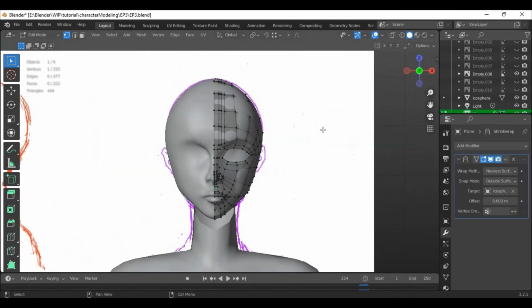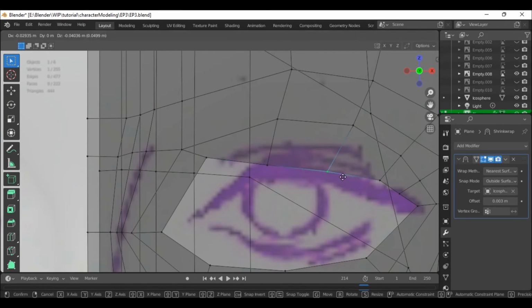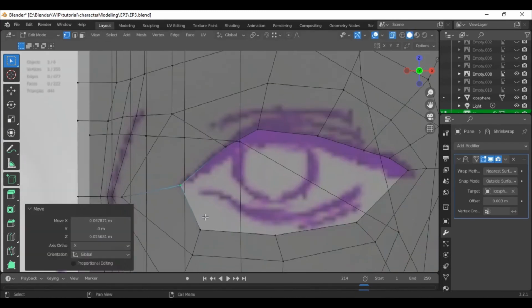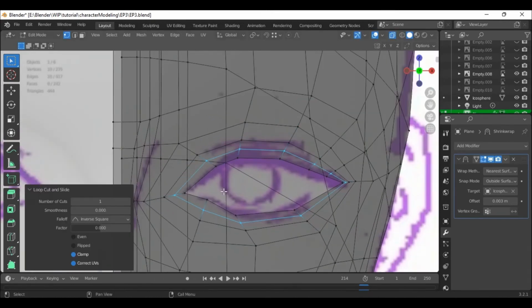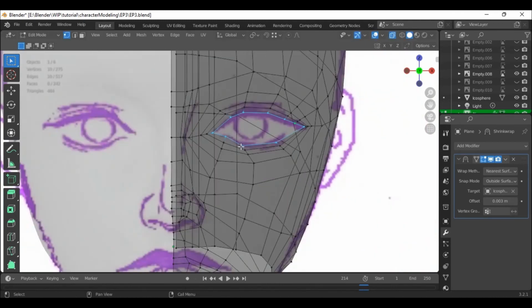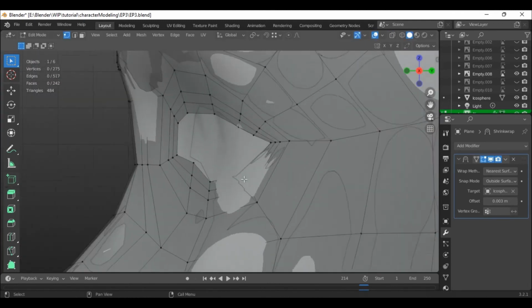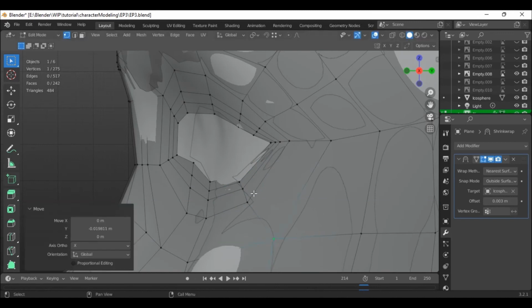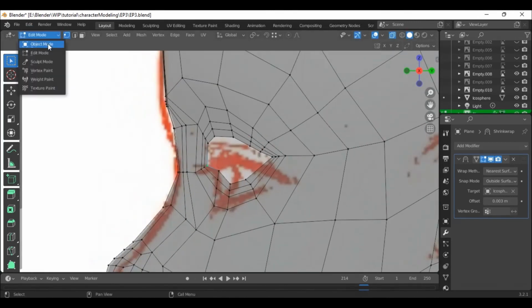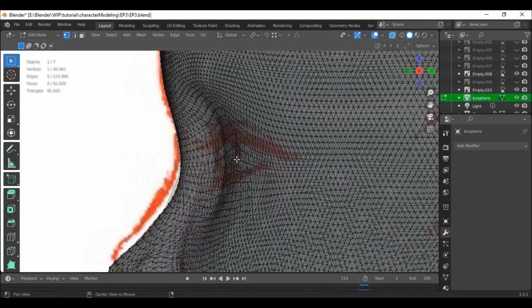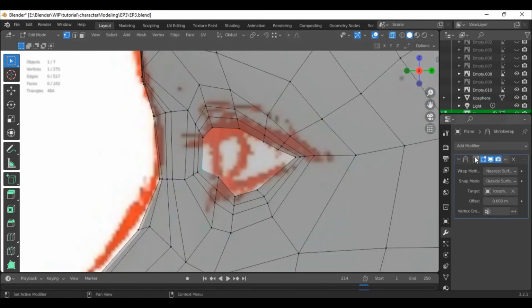Then go to the eyes and start shaping them to the reference. The edge loops around them will serve in making the eyelids and the eye bags. No more edge loops will have to be added though. It's just a matter of positioning. And that's what I meant when I said that adding the eyes part to your sculpt will help you later on, and that I prefer to do it manually.